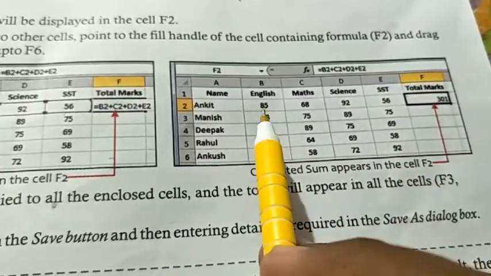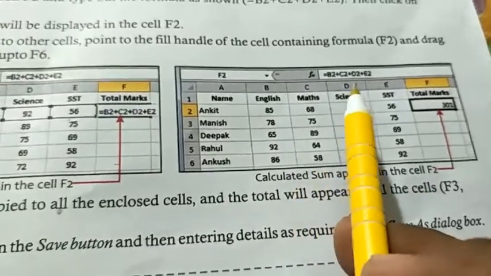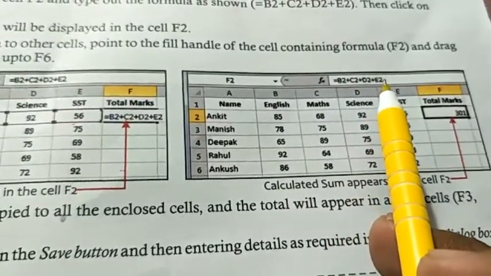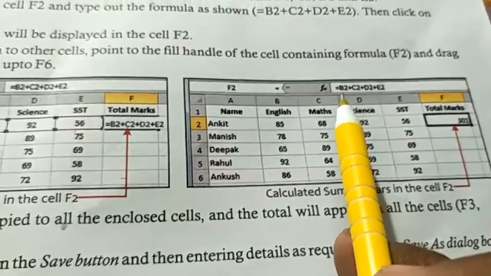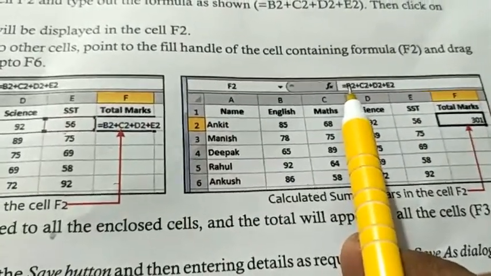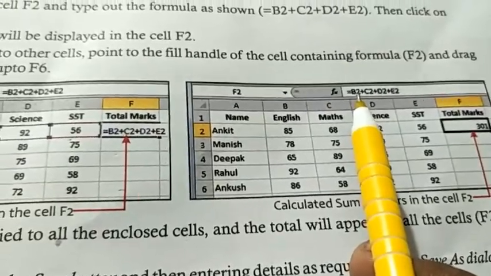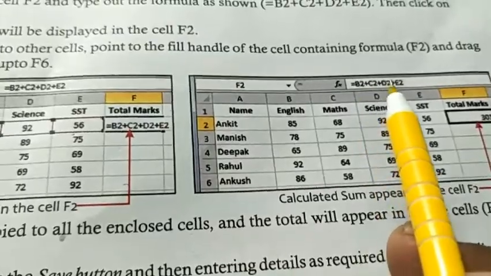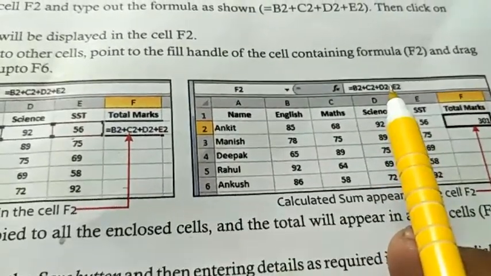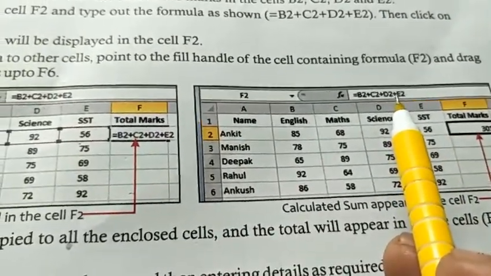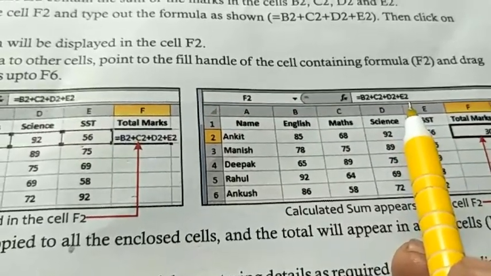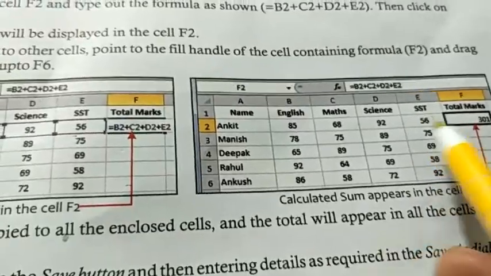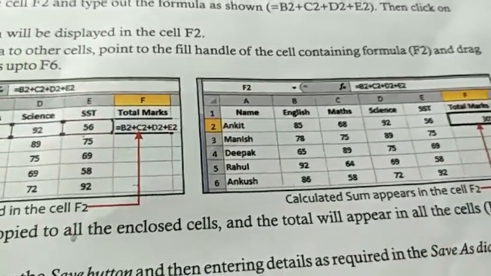This way you will apply the formula in an Excel sheet. You will write the address of the cell, and after that you will write the operators you want to apply. You start from the equal to sign, that is the syntax of a formula, and after that you write the addresses and the operators. Is that clear? That is the example of doing an addition. In the same way you can do multiplication, division or subtraction. Got it?